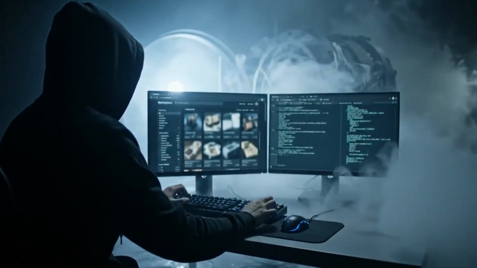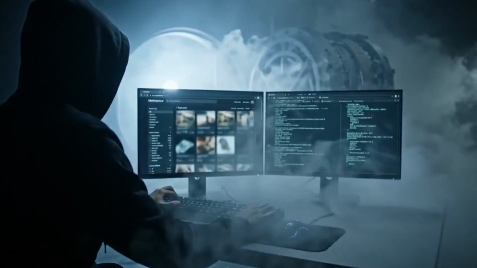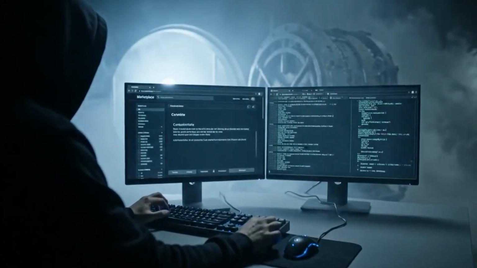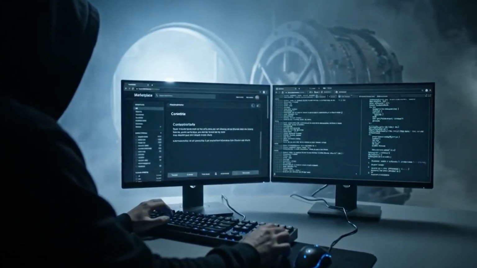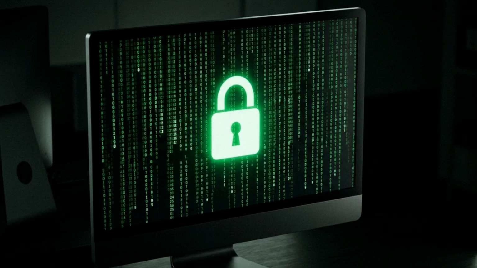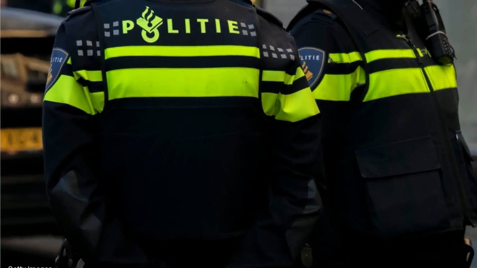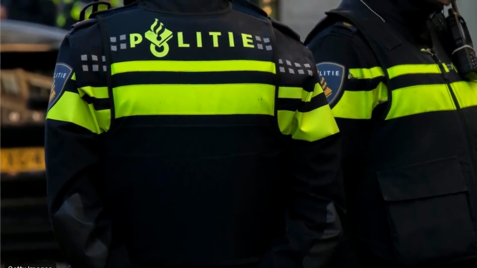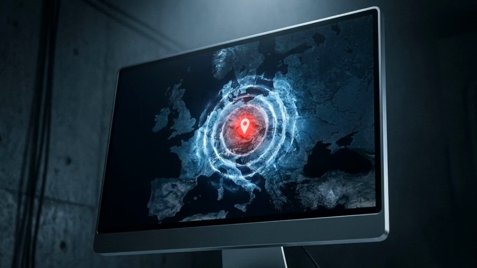Imagine logging into a highly secure underground marketplace. Your connection is heavily encrypted, your identity is masked, and your payments are completely untraceable. For a moment, you feel perfectly safe. But there is a catch. For the past month, Dutch police have been secretly operating this exact server, and they are actively logging your real